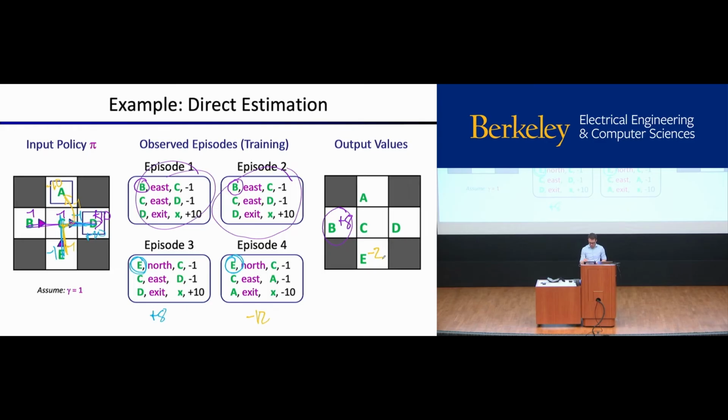Okay, so the -2 is saying we need a +8 and a -12, and we're taking the average of all the rewards that we ever saw. These are all the total expected discounted rewards. Here there's no discounting, gamma equals 1. So we're just saying, here's a bunch of experiences, a bunch of trajectories that all started from state E. We're going to see what's the expected discounted reward that I'm going to see for those trajectories starting from